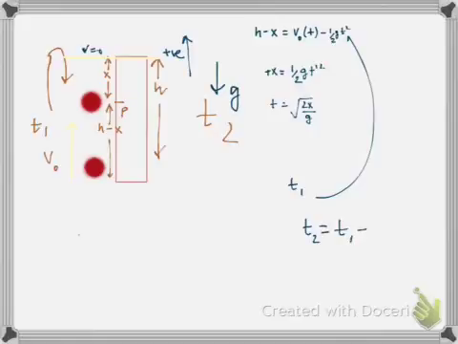Now we know that t1 can be found out from the first equation, right, and t2 can be found out by t naught plus t dash, because t dash is the time taken from the roof to that point P, and t naught is the time taken to reach the roof, which we know is under the root 2h by g, right? So this will be under root 2h by g plus under the root 2x by g. So this is T2, right?